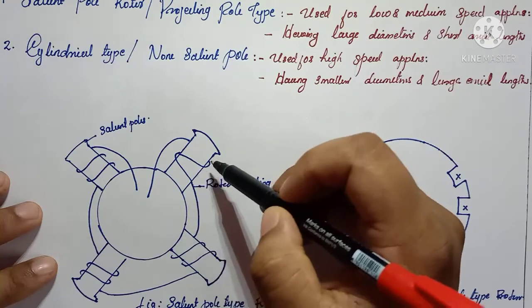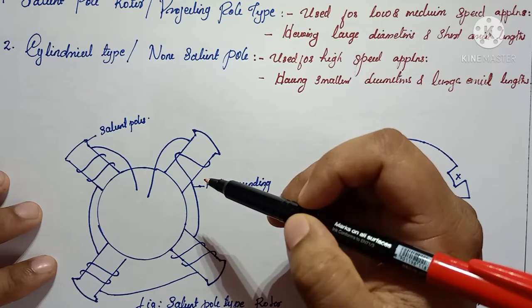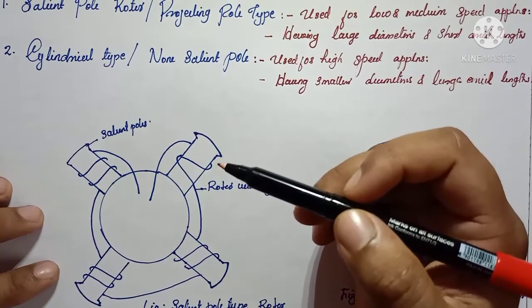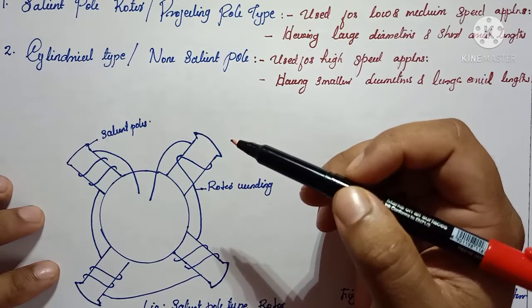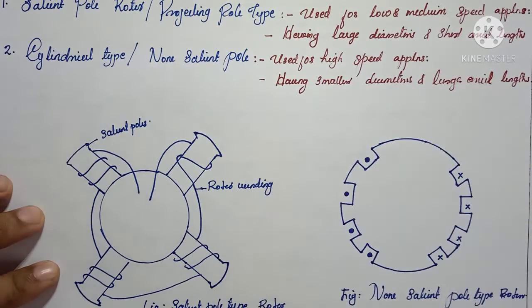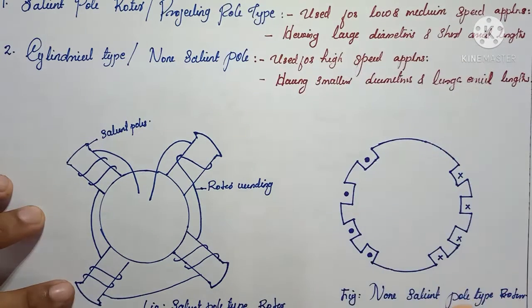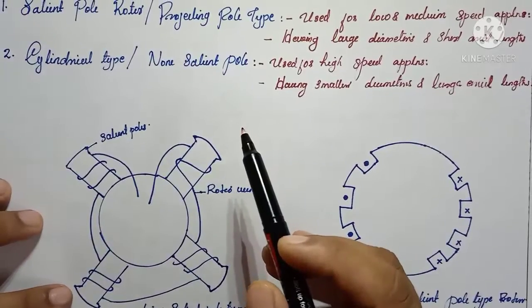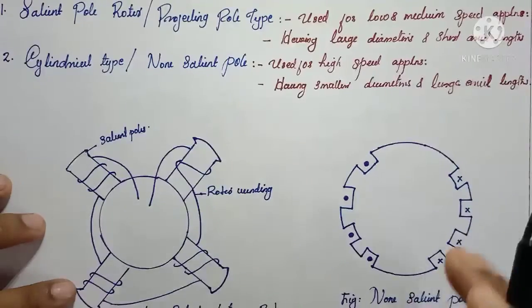Due to this short axial length and large diameter, they can only be used for low and medium speed applications. Mainly they are used for hydroelectric power plants, because we need high heads there, but the speed of rotation of the turbine may be very low. If the number of poles is very high, then the speed will be very low. For such regions we can use generating stations with salient pole or projecting pole type rotors in